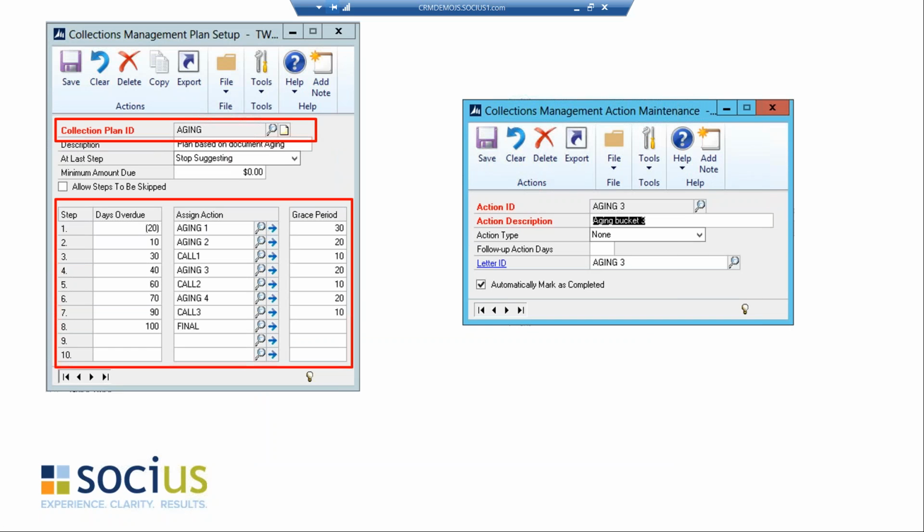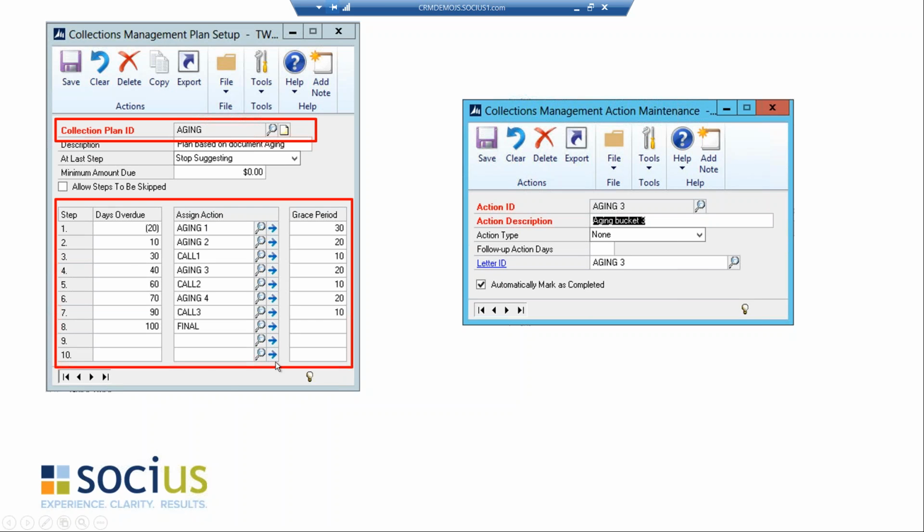So next, I wanted to show you the collection plan and give you an example here. What this allows us to do is set up a number of steps that go into the collections process. So what we have is the days that are overdue and what action we follow. And again, you may remember on a screen prior I had a high risk action ID. A high risk collection plan. I may have a low risk. I may have a high volume customer that I give a little slack